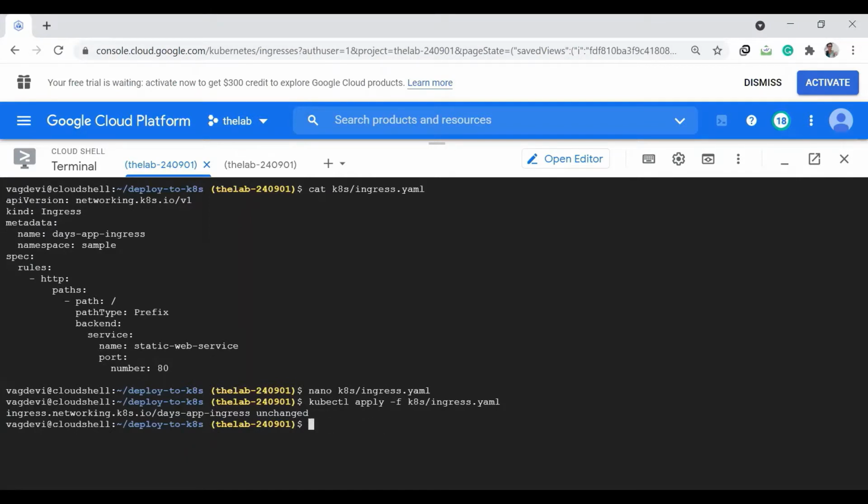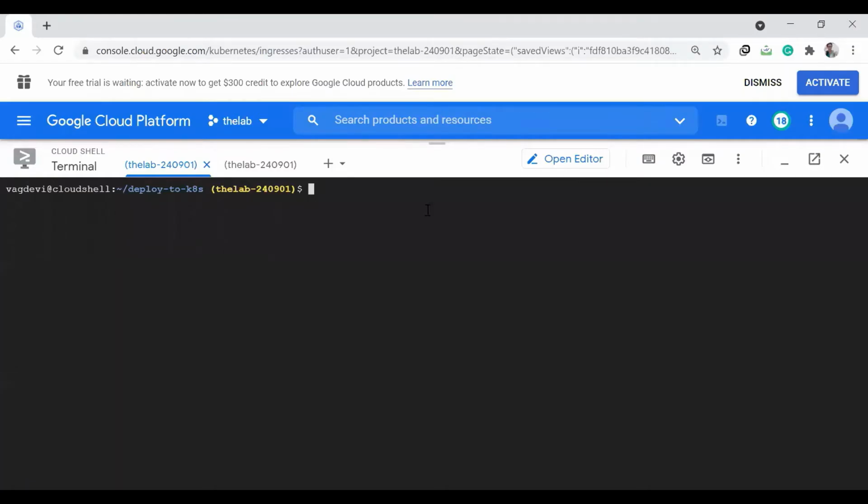Okay, but this will be a heavier method because it will again have to build the image and push the image. Even though we are not making any changes to the application, it will do all the process from the beginning. And since we have made changes to the deploy.sh file and ingress file, let us also commit those changes to GitHub. So let us just see the status first. git status.